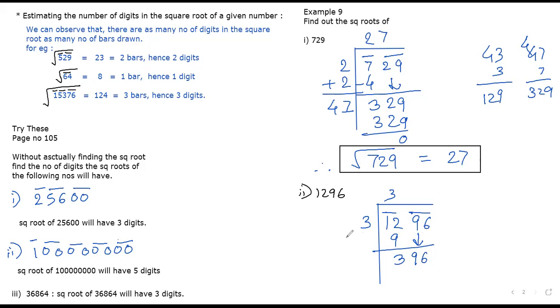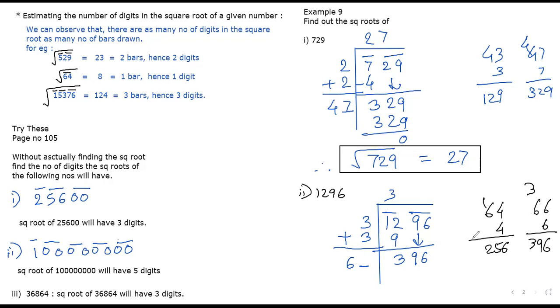Comes down to 96. What should I add over here? Sir, add 3. So what comes? 6 with a gap. Which numbers can come over here? 4 or 6. Correct, because 4 4s is 16 or 6 6s is 36, and I want the ending digit to be 6. Let me check. 64 4s are 4 4s are 16, 256. Or else 66 6s are 6 6s are 36, 6 6s are 36, 396.